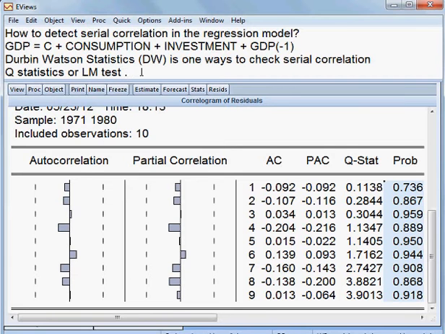The null is there is no serial correlation, right? That is the null hypothesis. And what is the alternative hypothesis? There is serial correlation. That is the alternative hypothesis. So one is null and one is alternative. Okay,